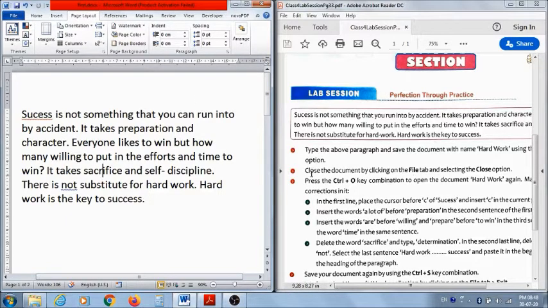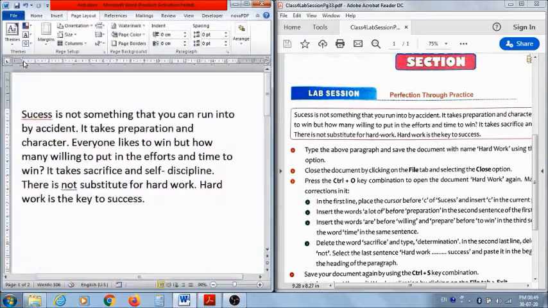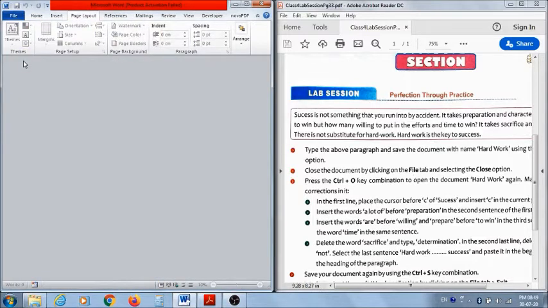Now the next point tells you close the document by clicking on the file tab and selecting the close option. So again clicking on the file tab and close option closes the document. Next is telling you press the Ctrl+O key combination to open the document again.